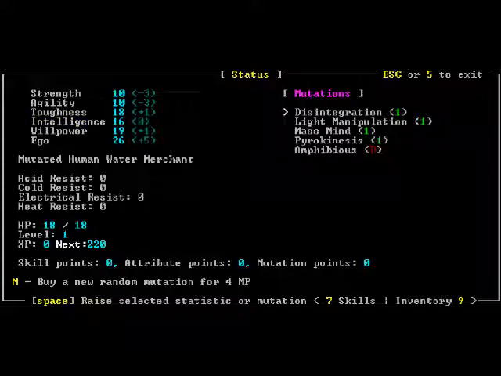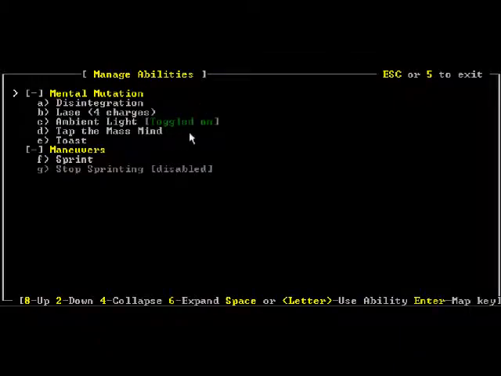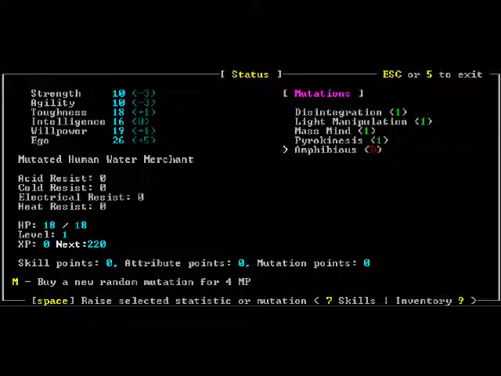Here are our attacks: disintegration, light manipulation. We have mass mind, which apparently can get us our abilities back when we have to worry about cooldown, which we don't have to worry about right now. So, I don't know, I've never used it. We'll have to see. Also, we have pyrokinesis, and I changed my defect from, what was it,